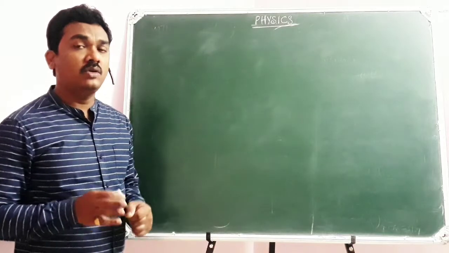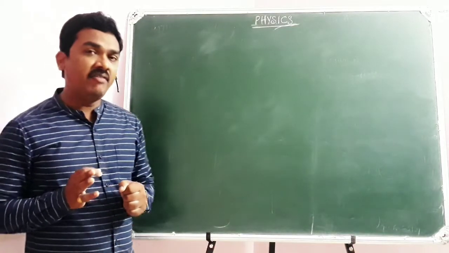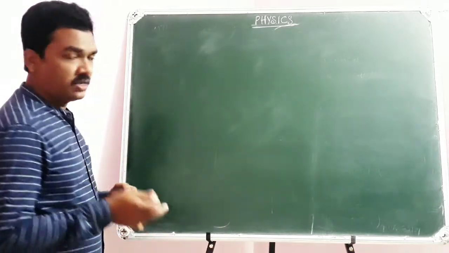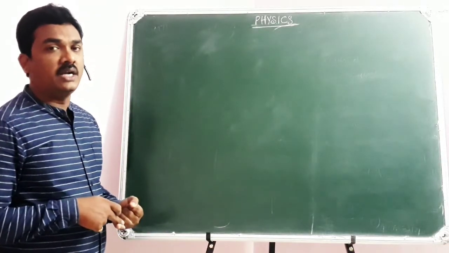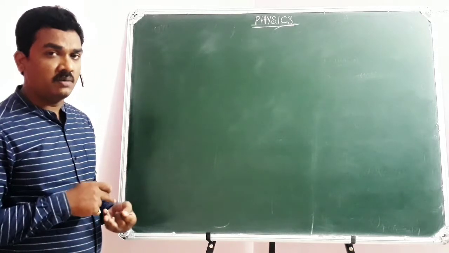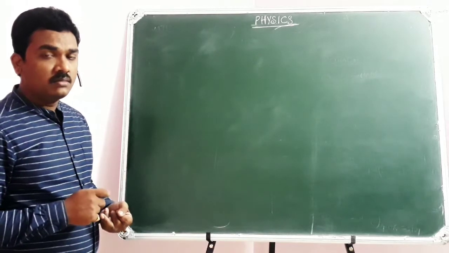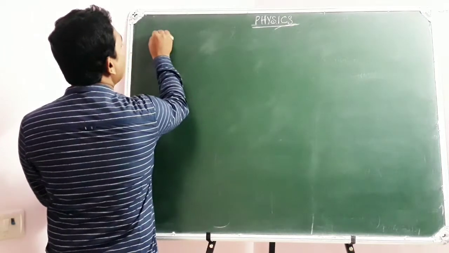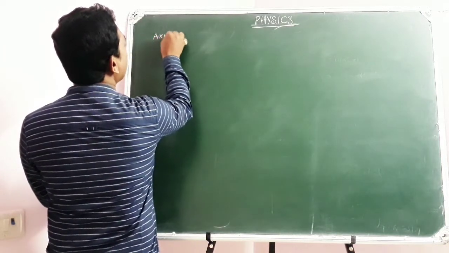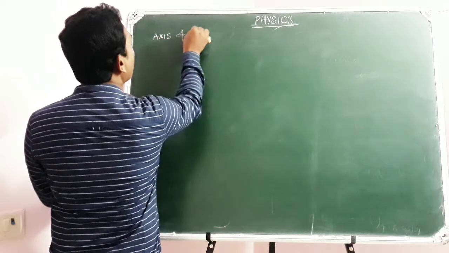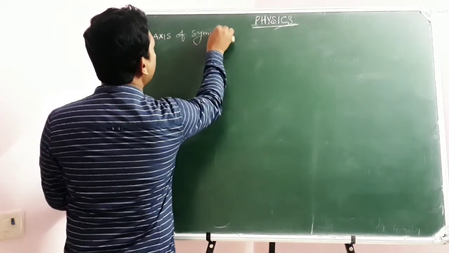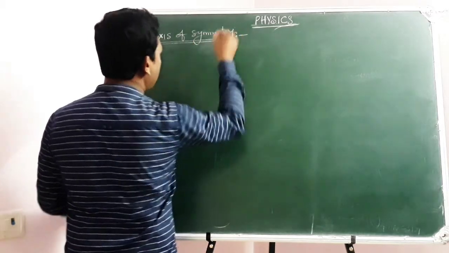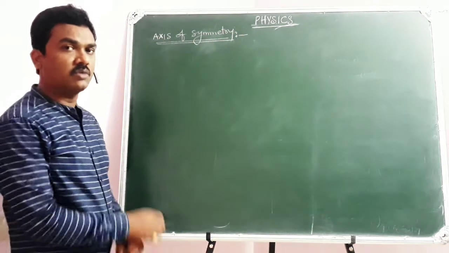So till now you have learned finding equivalent resistance using the concept of path symmetry. The reduction method is over, identifying which are in series and which are in parallel. And next, after path symmetry, now we are going to discuss axis of symmetry. It is another technique of calculating equivalent resistance in some complex electric circuits.